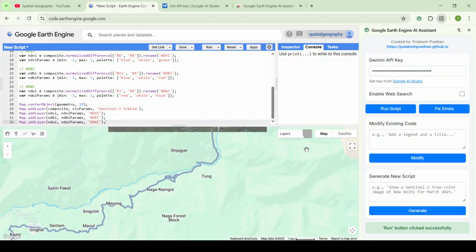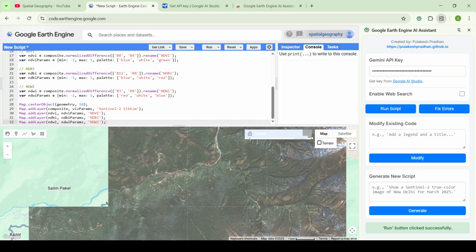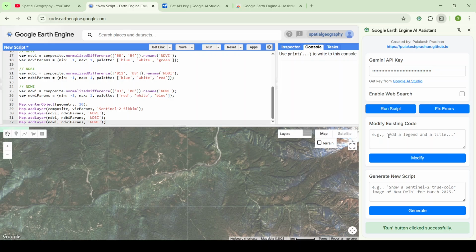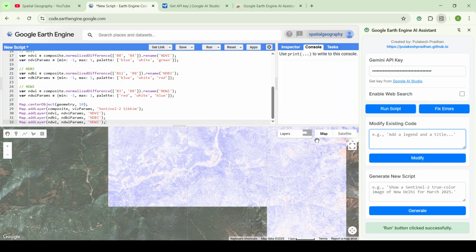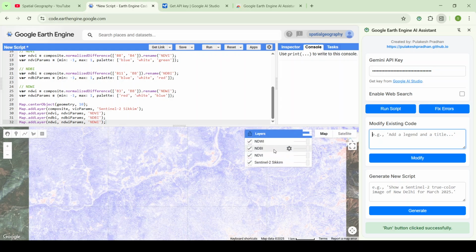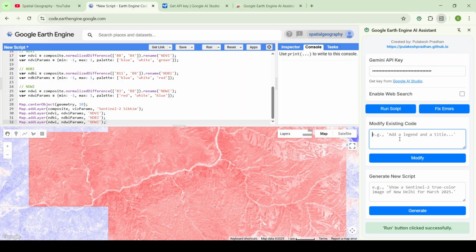It should display correctly as it is already running, so we should wait now. Like you can see the NDVI, NDBI and NDWI, all the variables are coming, right? Now we want the statistics for all the variables, like